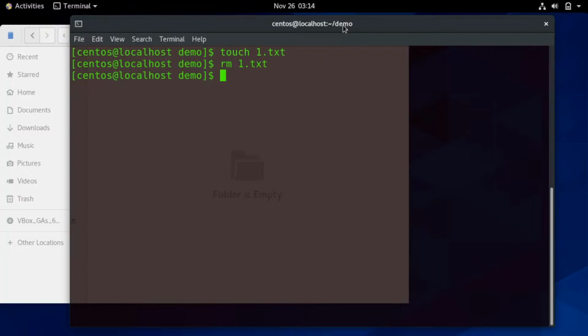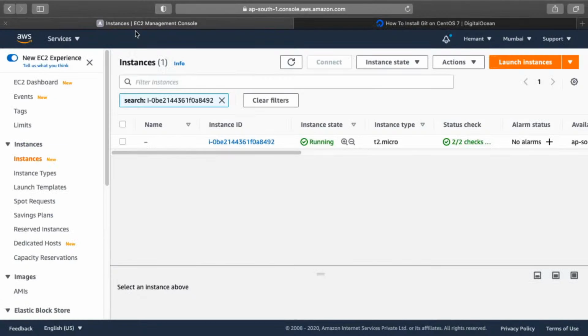Now let me show you how a Linux operating system basically will look when you start to work for a company, or when you start in your job, right? So basically the way it works is, I will just show you. This is a Linux server which is running on the cloud. Now, if you have to connect to this,